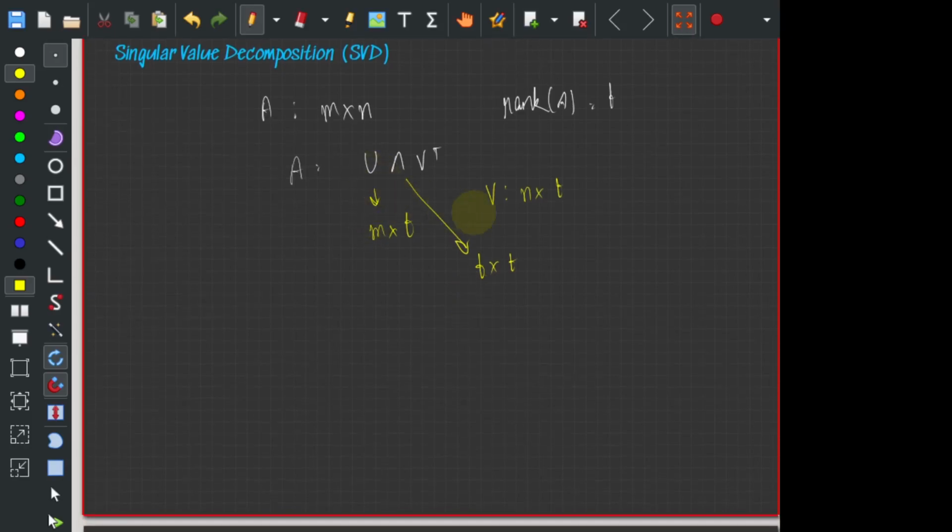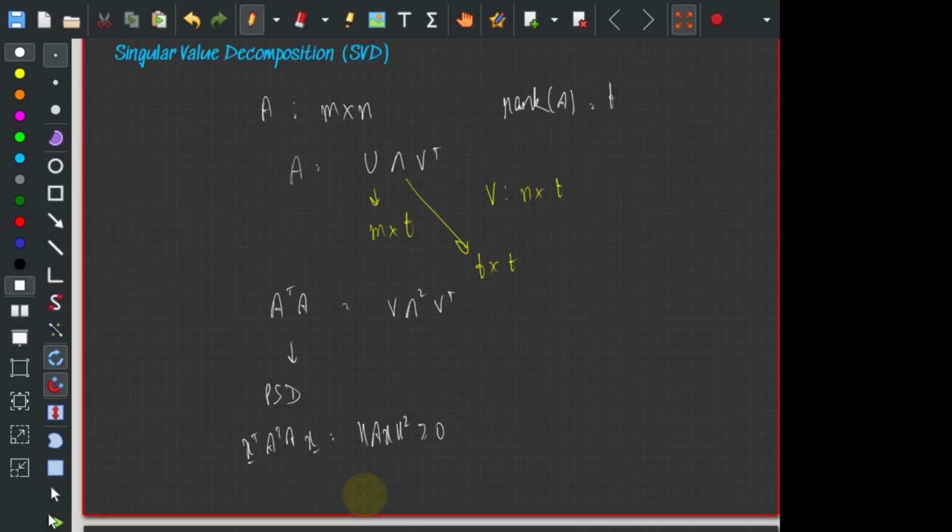All right. And how do you get U and V? So what happens when I take A transpose A? It's going to be V lambda square V transpose, right? But what do I know about A transpose A? It's symmetric. Is it positive semi-definite? So this is positive semi-definite because if I look at X transpose A transpose AX, this is just norm AX square,